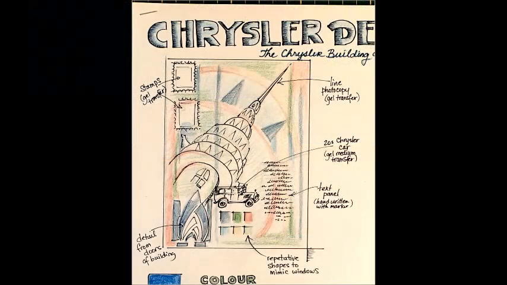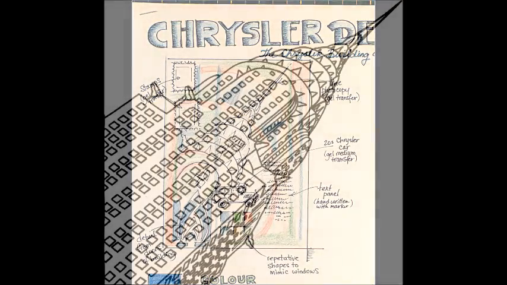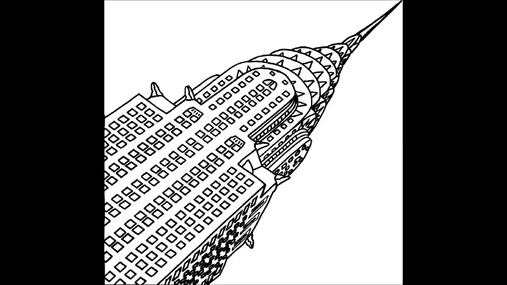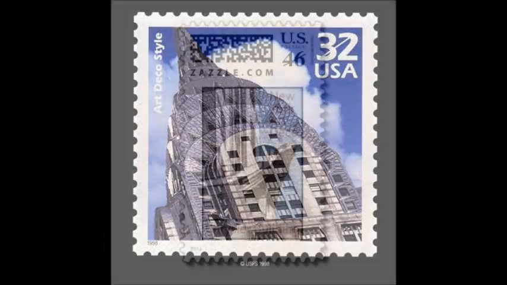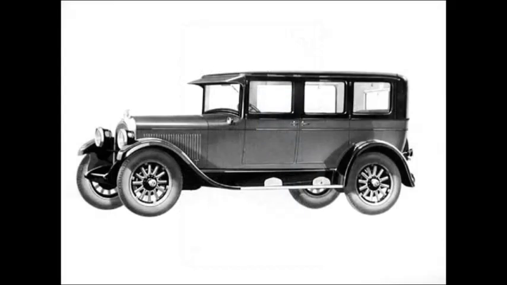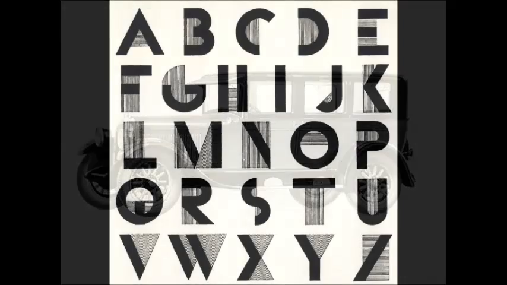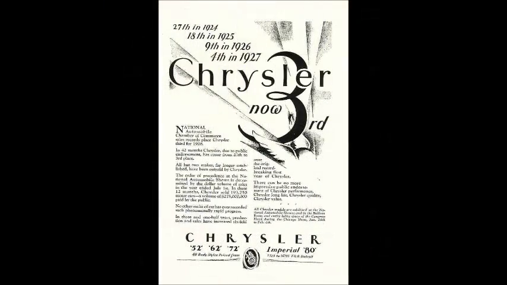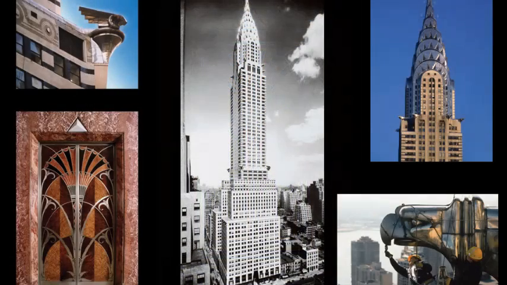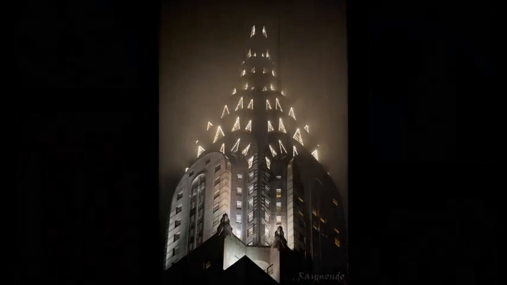My drawing itself is also labeled. You'll notice I did it in pencil crayon just to try and correspond with the colors I intended to use in the background. I've also highlighted where images are going to be transferred, so I've got the main body of the Chrysler Building. I'm intending to use 2 recreations of stamps in the upper left-hand corner. I have a Chrysler car of the 1920s that will be somewhere below the center point. And then there's an area for text and for details in the background. And then I would also include with this, stapled onto the back, my research images. The only thing I'm missing is my written text.